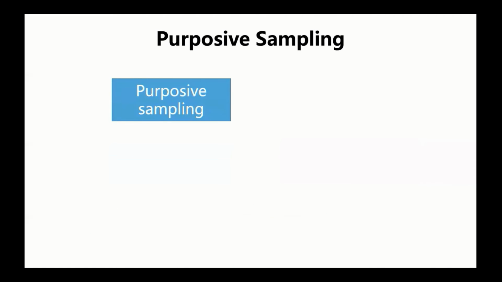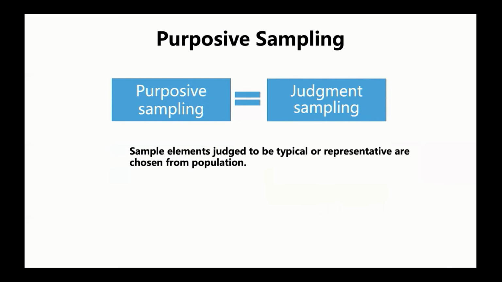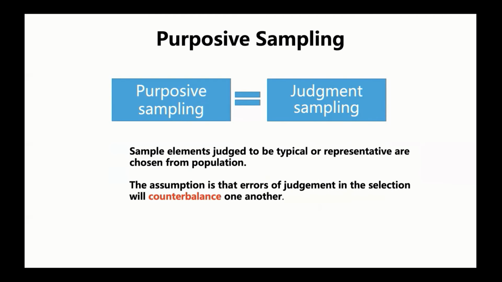We'll move to purposive sampling. Purposive sampling is equal to judgment sampling because sampling elements judged to be typical or representative are chosen for the population. The assumption is that errors of judgment in selection will counterbalance one another. So it's used for forecasting national elections. Well, for the advantages and disadvantages,